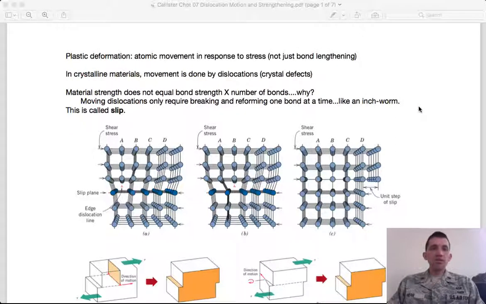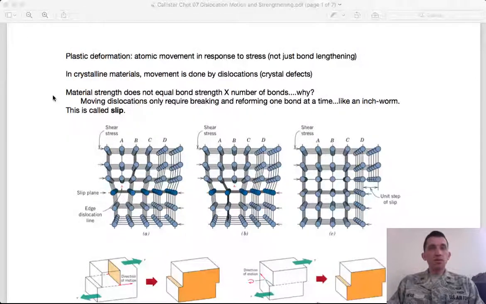And this sort of theory was developed, I think, in the 1920s and 30s. This was well before they had microscopes that they could observe dislocations. Remember, we talked briefly last time about the transmission electron microscope and its ability, through diffraction of high energy electrons off of the crystal lattice, to essentially image dislocations. But before they could observe them, they theorized that dislocations were responsible for plastic deformation because they were able to, through other experiments, estimate